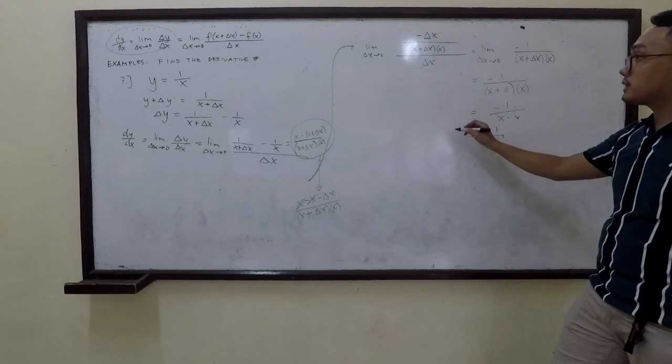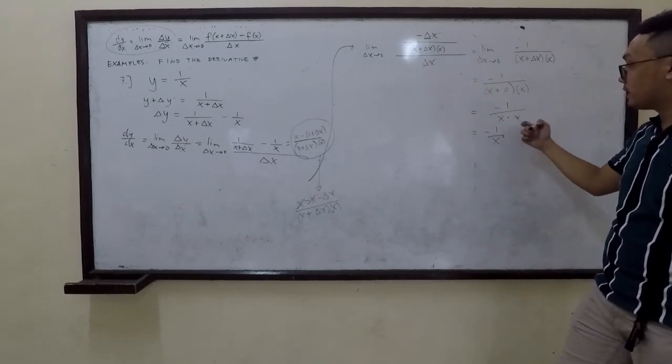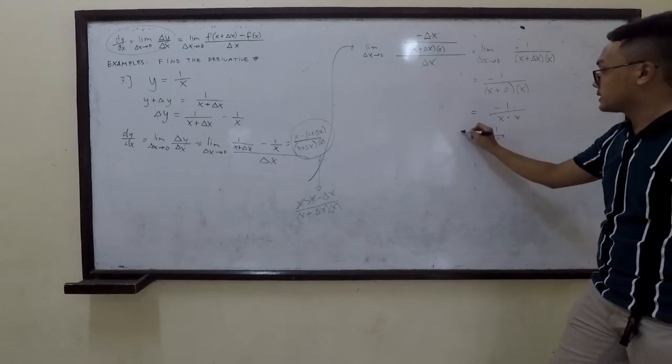Therefore, we can say that the derivative of that function, which is 1 over x, is just negative 1 over x squared. So this is dy